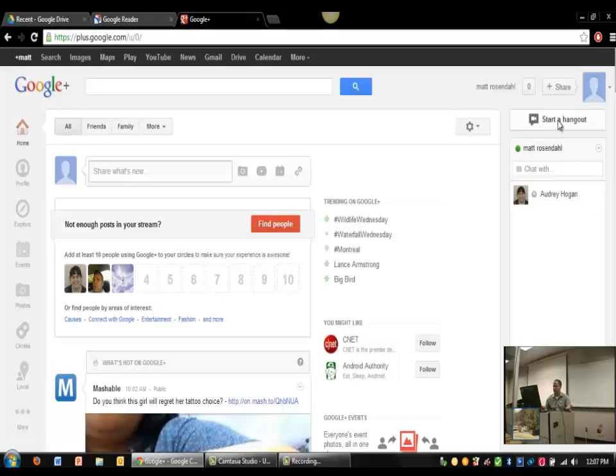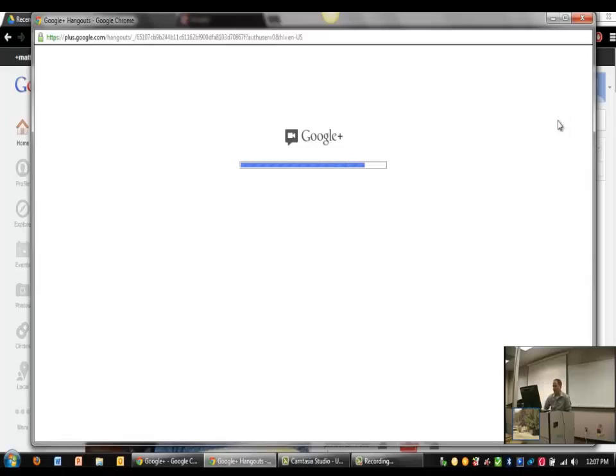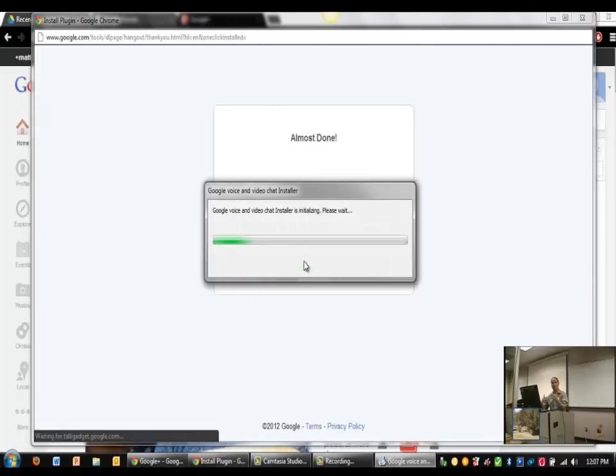That's the Hangout. Now, I'm not going to be able to demonstrate it here for you guys because none of you guys have webcams set up. But you can see on my screen what it's trying to open is something just like Skype. It's a video conference where, like ITV, you can see and hear people from other locations. The cool part about Google Hangout is, unlike Skype, for free, I can do this with as many people as